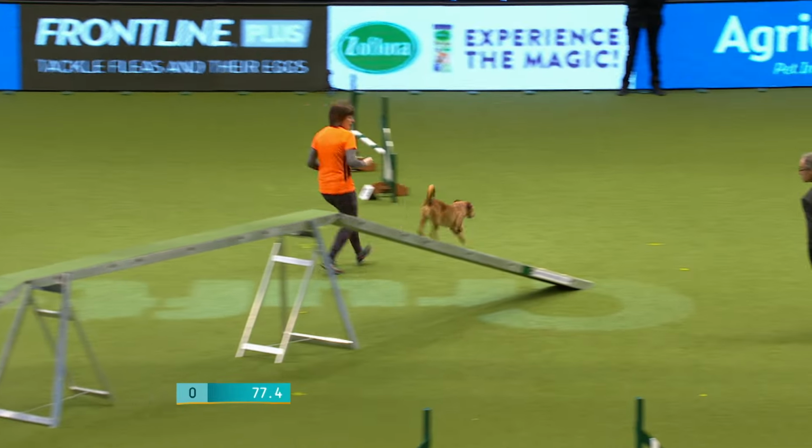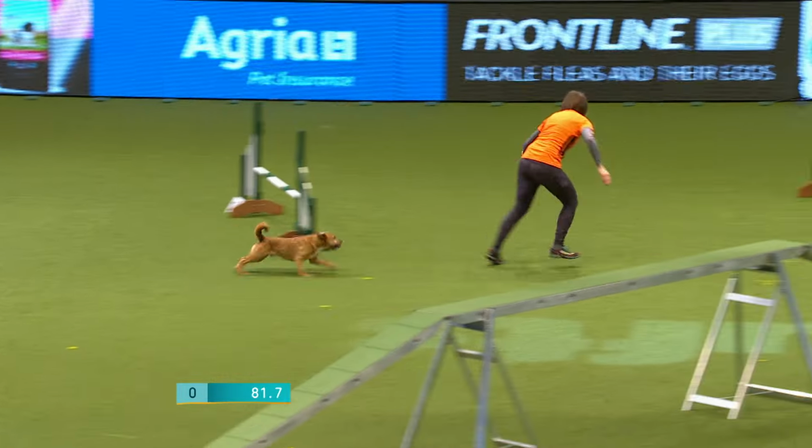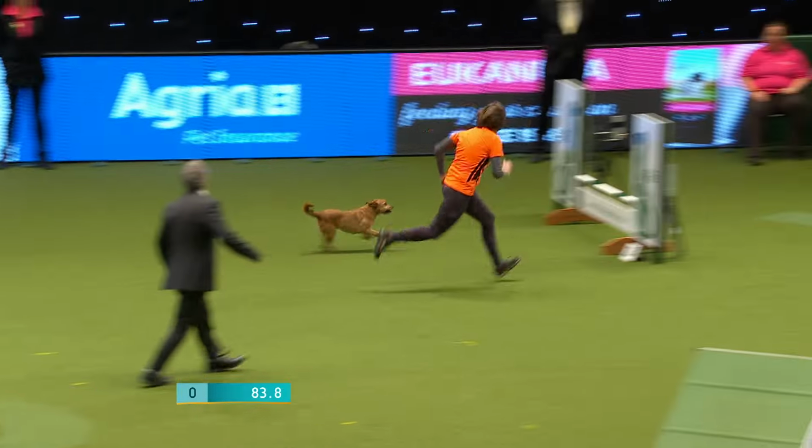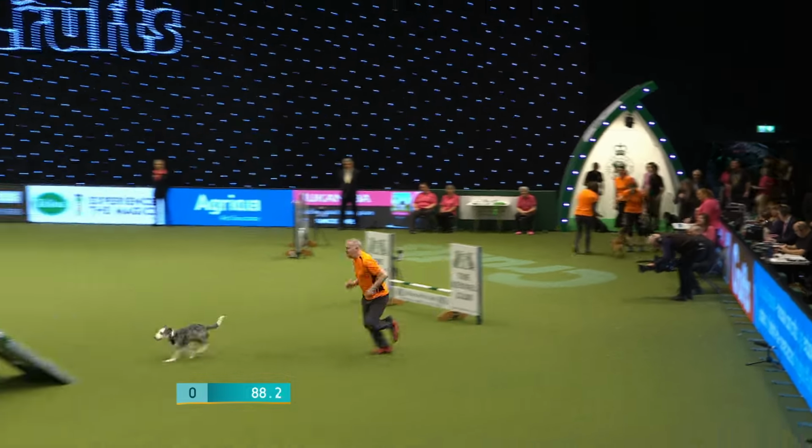But doing really well. You may think, oh, this is a little bit steady, but you want a dog that's going to go. We are looking to put 4 clear rounds on this board to put pressure on the other 8 teams that are going to come. Fine round that by Max and Jennifer Kent, and